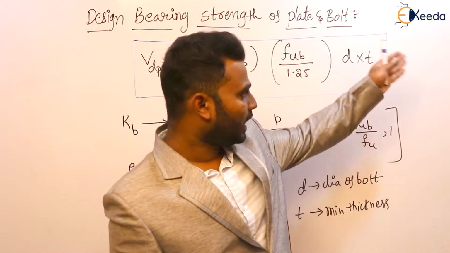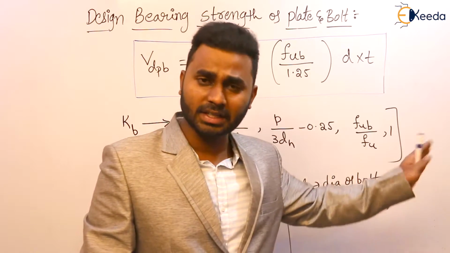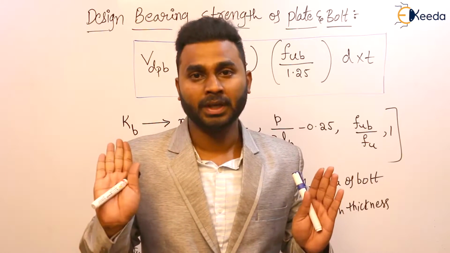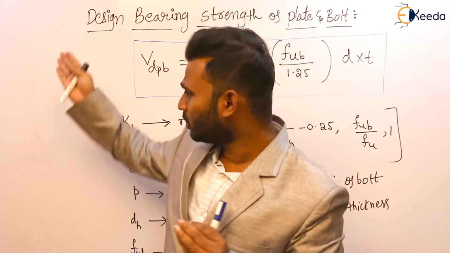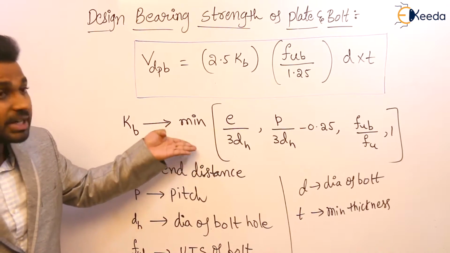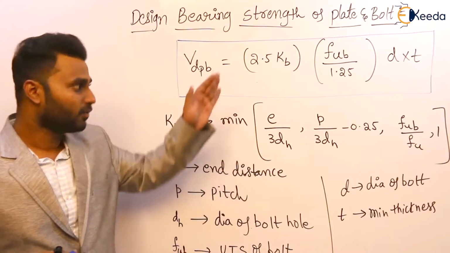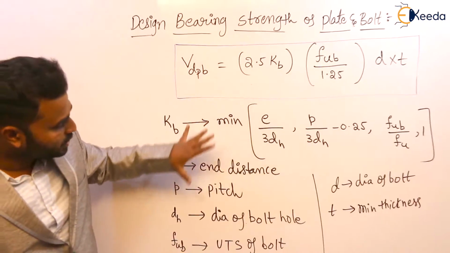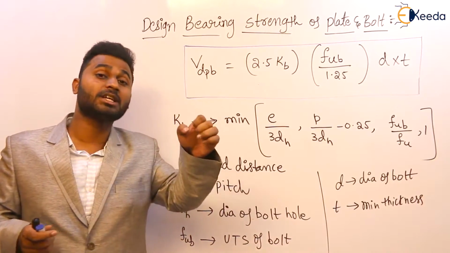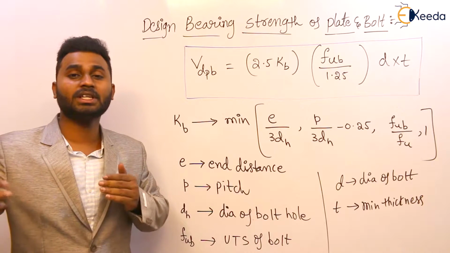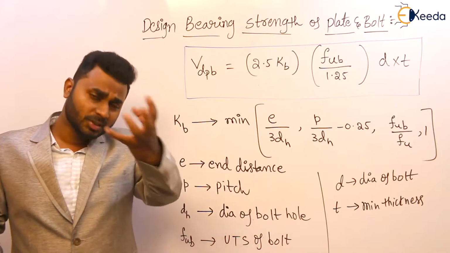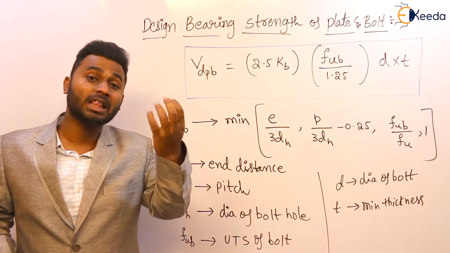Agree? All these things are theory, we are discussing the procedure. But if we solve one problem, everything will be clear to you. In the problem we are going to see in detail how to use these formulas and how to evaluate these values. First, as of now, take this formula and understand this. As I said previously, we discussed the shear strength. The design shear strength of the bolt formula is very lengthy, but we simplified it and saw in detail all the reduction factors.